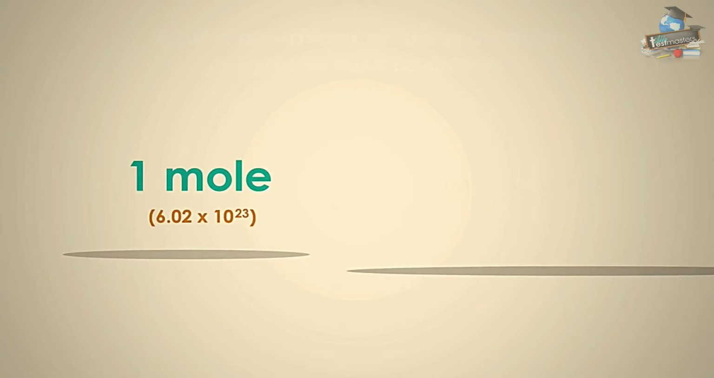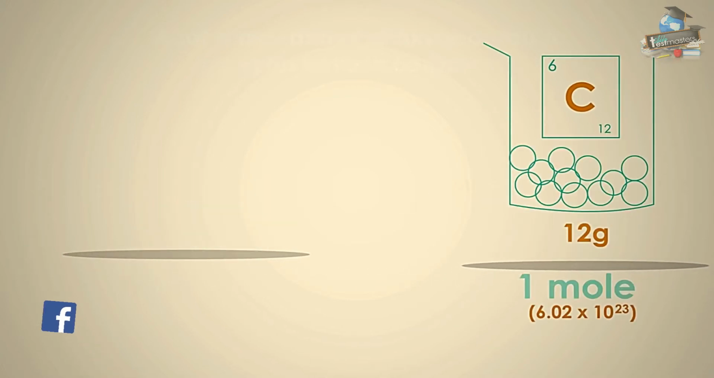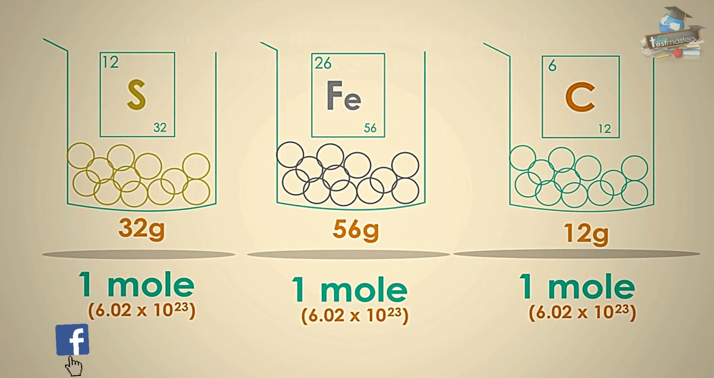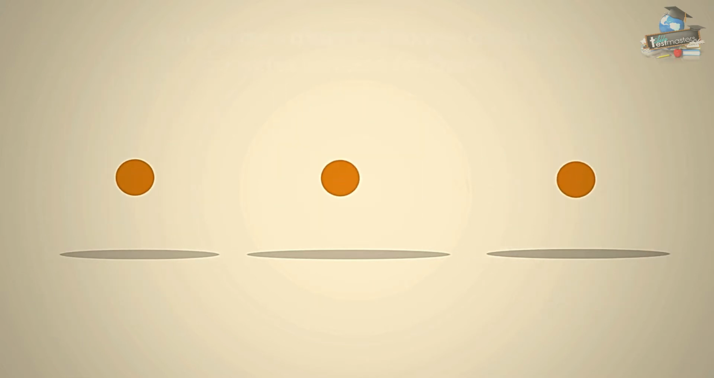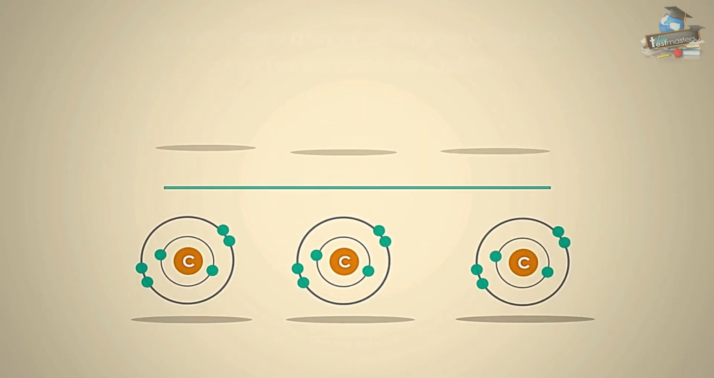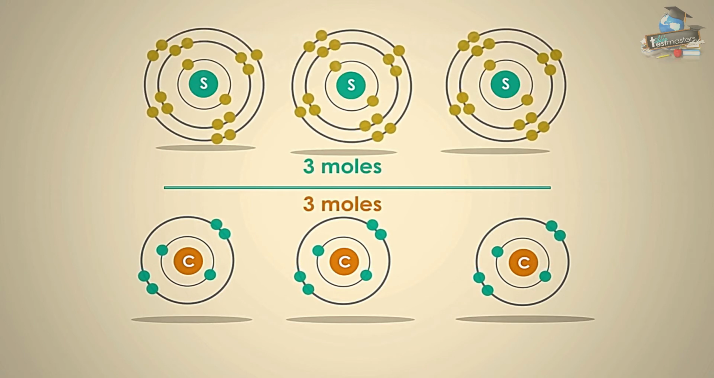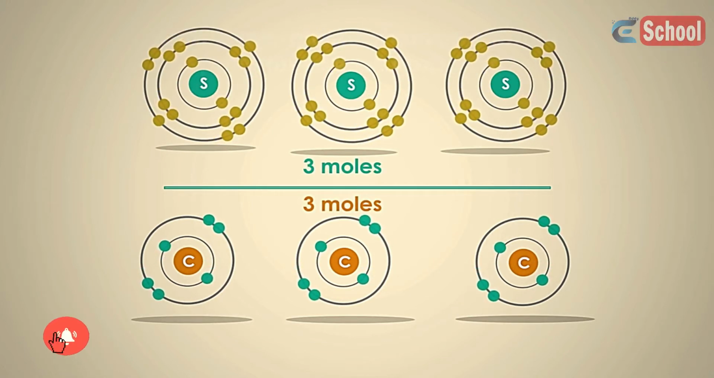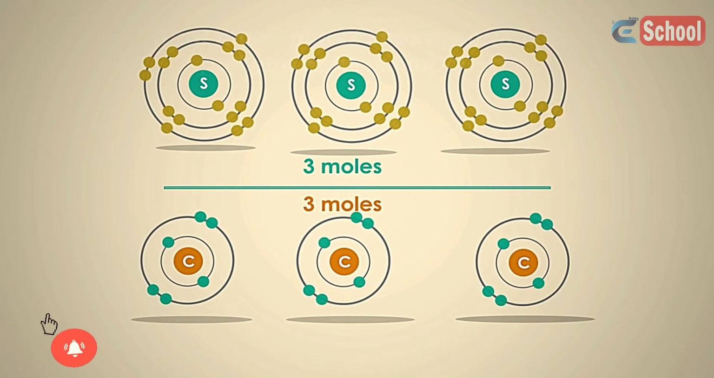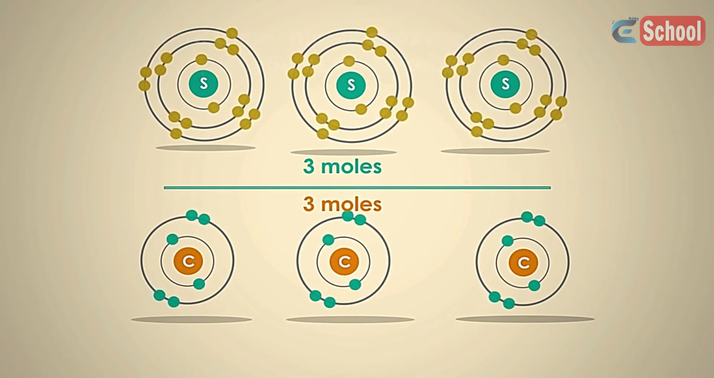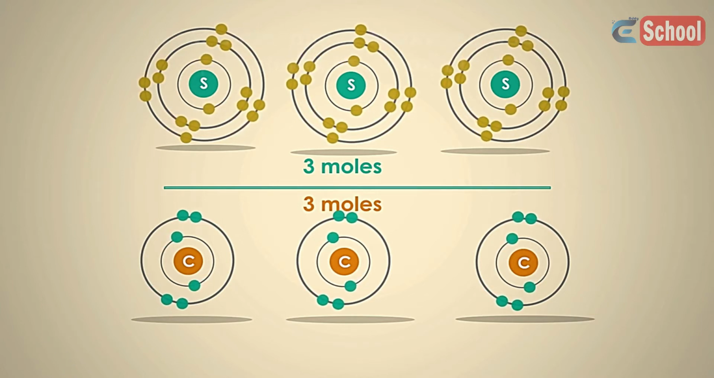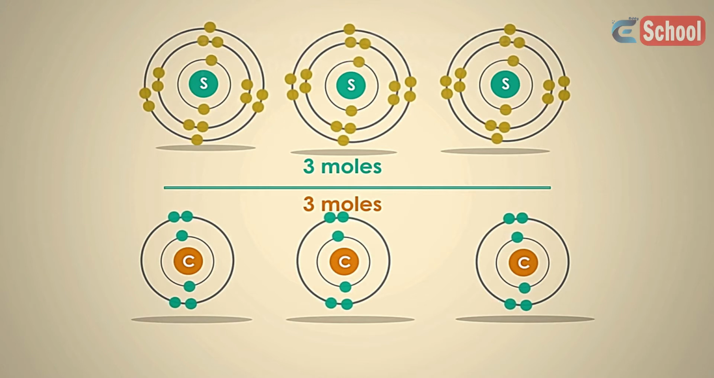For any element, the relative atomic mass, or Ar, is the weight in grams for 1 mole. When we compare chemicals, we compare equal numbers of particles, even though the weights are different. So if we have compounds instead of atoms, it doesn't matter how many atoms are in the formula, only the